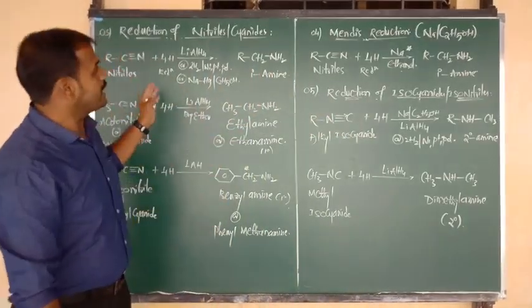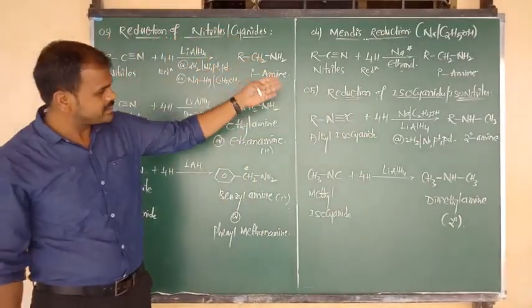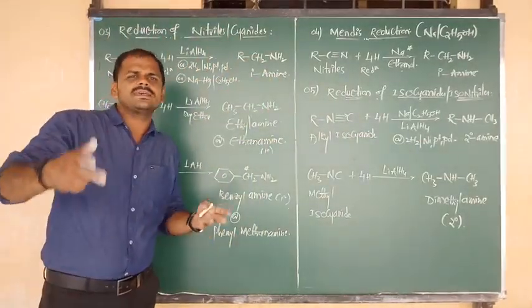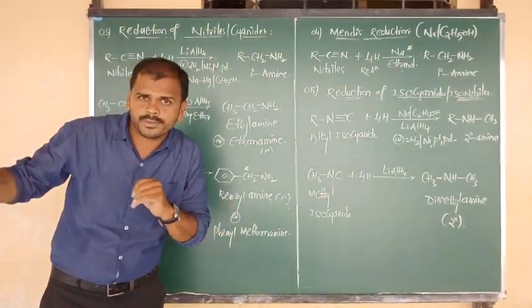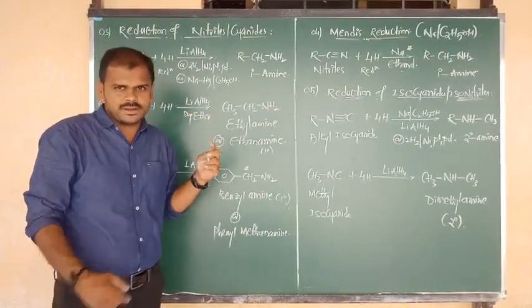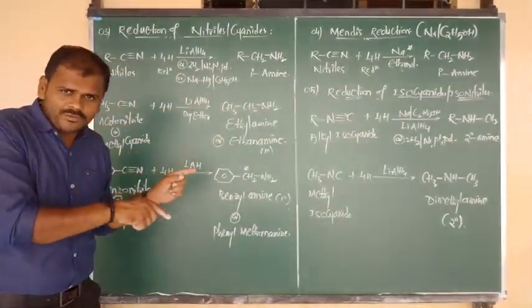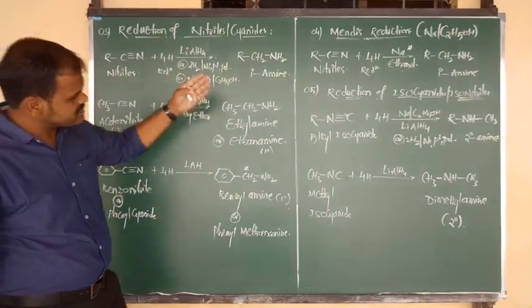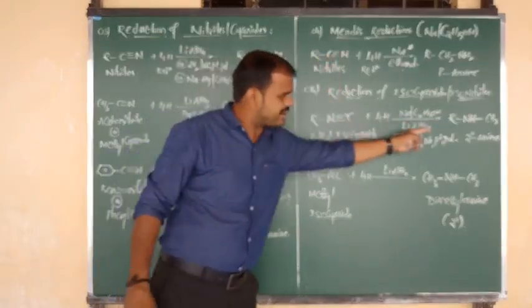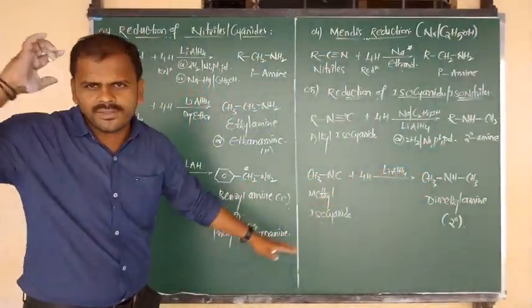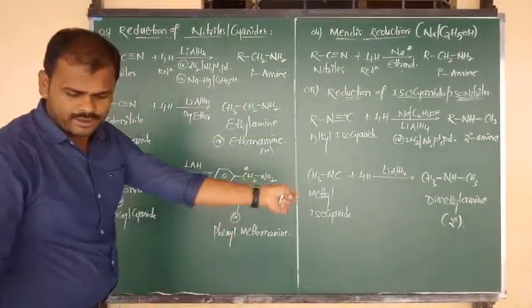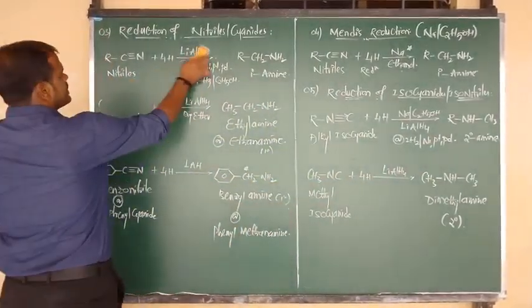Okay, right. So third method, fourth method and fifth method. First and second we finished in the last video. Let us go now for the sixth method. So what is the overall meaning of these 3-4 methods? Cyanides upon reduction give primary amine. Isocyanides upon reduction give secondary amine. That one only you have to remember. Very good. Now go for method number 6.